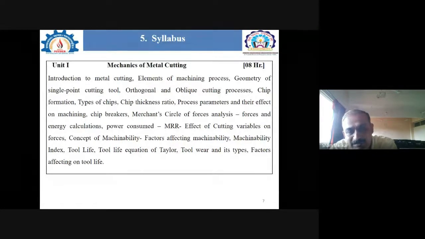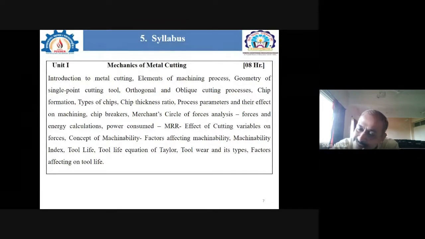When we consider the feed, it is the advancement of the tool against the rotating workpiece. The definition given, in terms of distance, is also correct. So simply you can define feed as the advancement of the tool against the rotating workpiece. Speed, feed, depth of cut, as we know. Depth of cut is the amount of material we want to remove from the workpiece in one single working stroke.